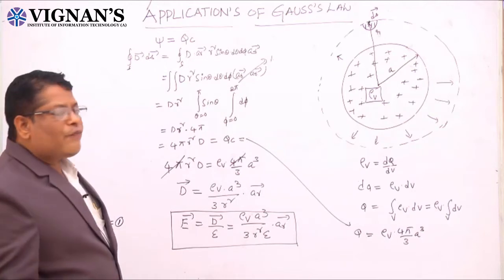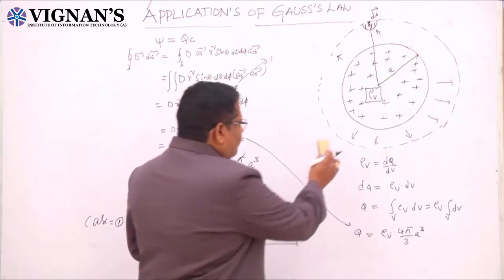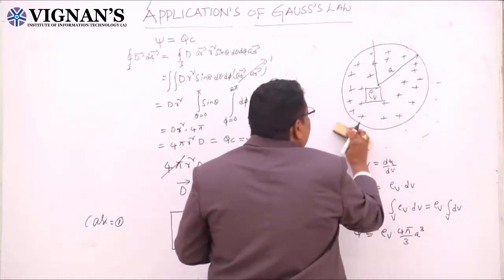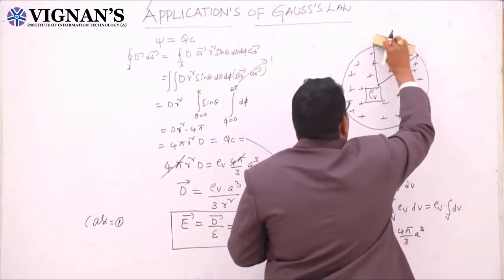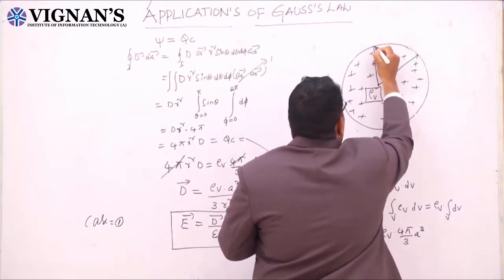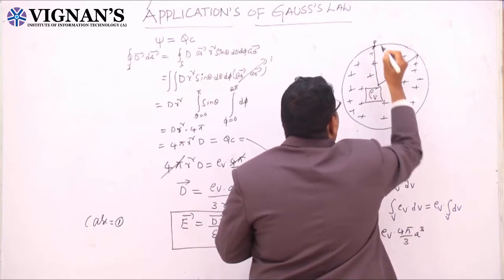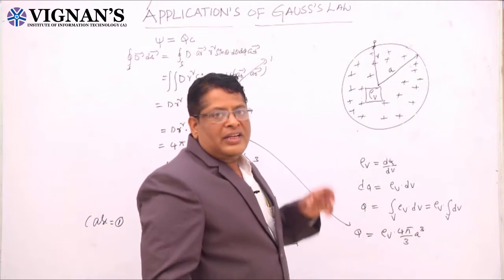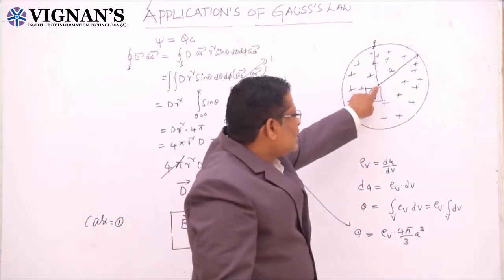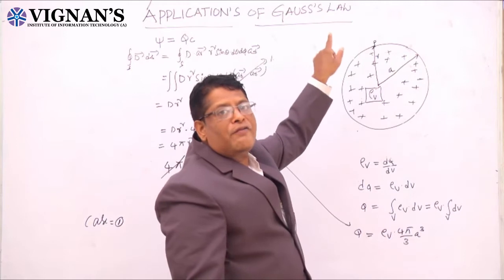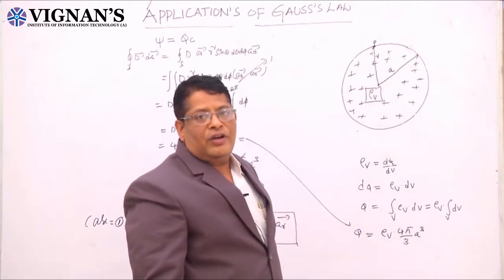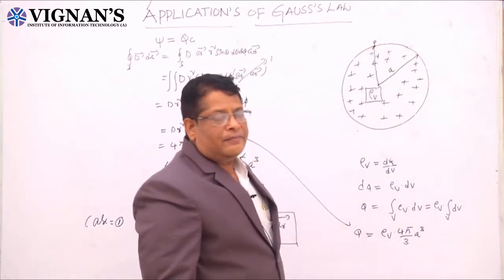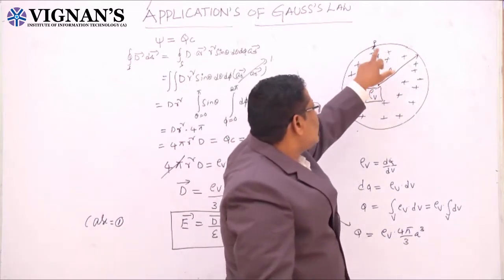In case 2, we are going to find out what is the electric field intensity on the sphere. So whenever we want to find the electric field intensity on the sphere, we take a Gaussian surface which is exactly passing through the surface of the sphere. This is the charged sphere. Here R is nothing but the distance between the center of the sphere to the point P where we are going to find out the electric field intensity. See here, the P is here in this second case.